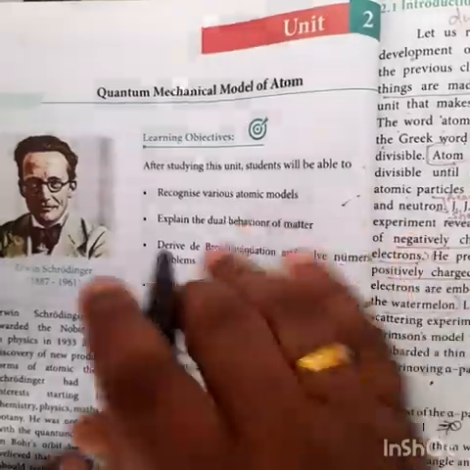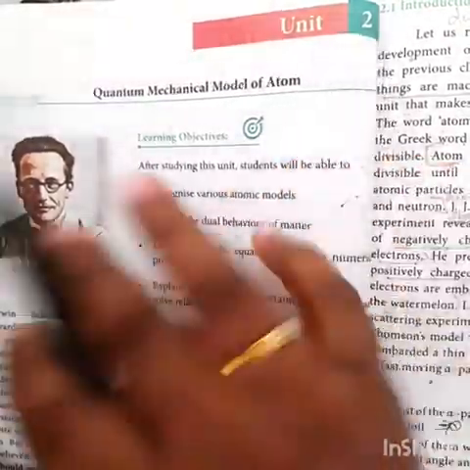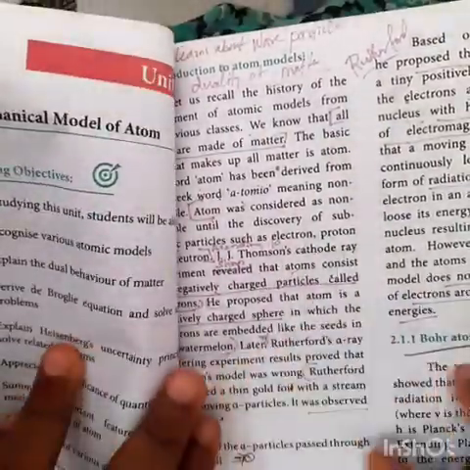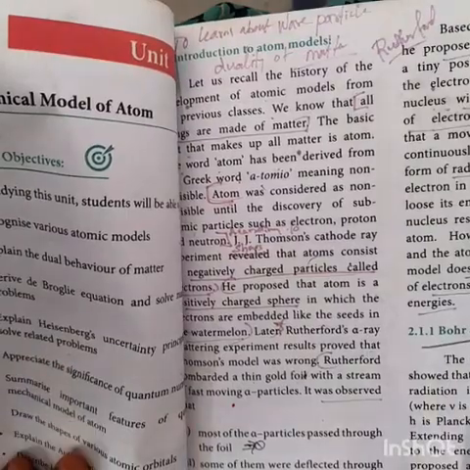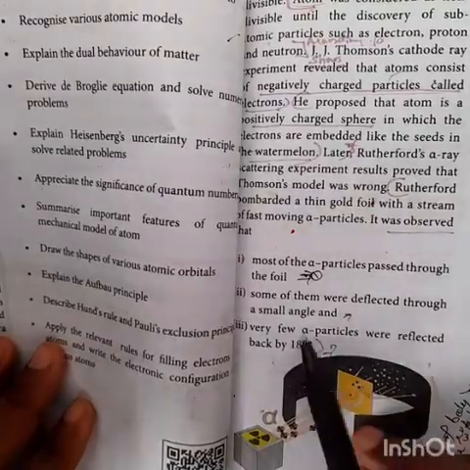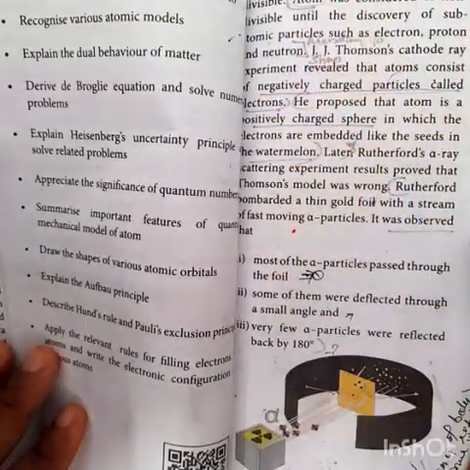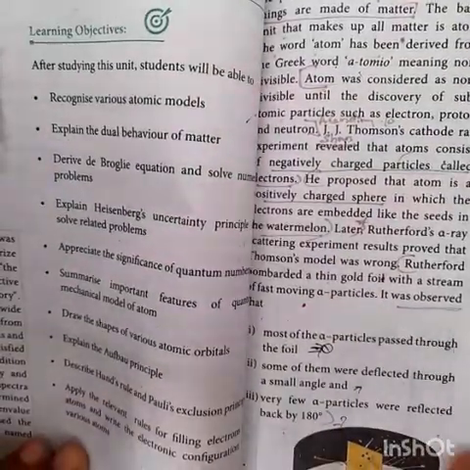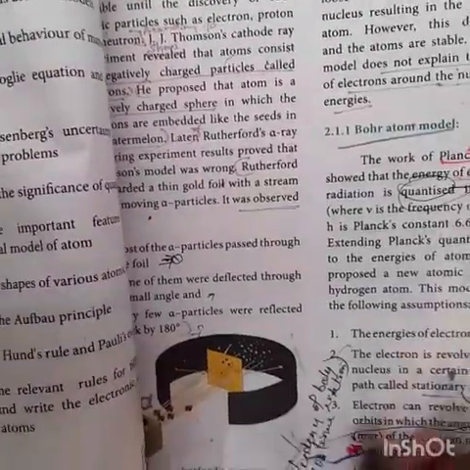Students, the second chapter we completed. Tomorrow onwards, we will study the third unit. Okay, we will go to the third unit. For the second unit, let me just recall what we have learned. At the beginning of the chapter, we studied the introduction to atom models. Whatever atom models we studied: Rutherford atom model, Bohr atom model, and the assumptions of the Bohr atom model.